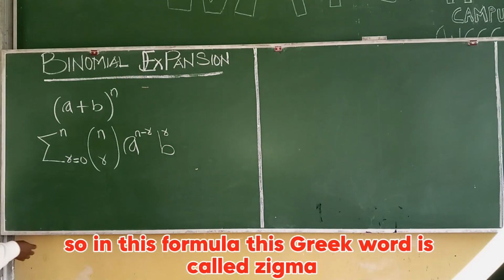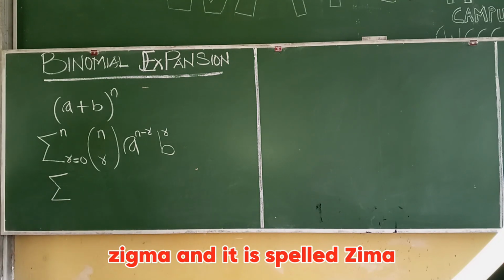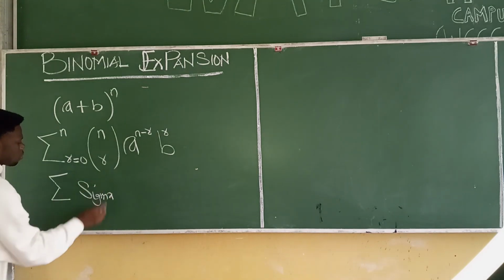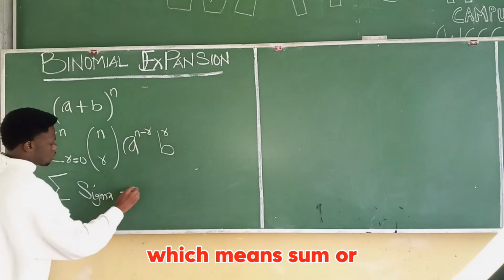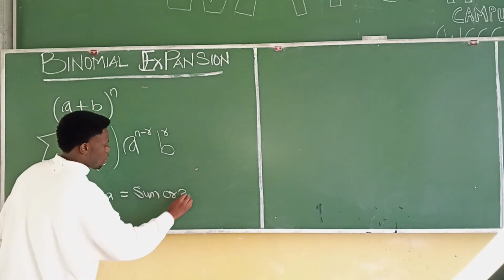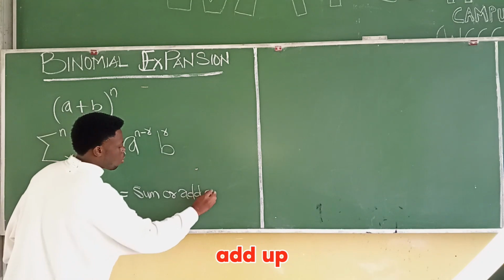So in this formula, this Greek letter is called sigma, which means sum or add up,